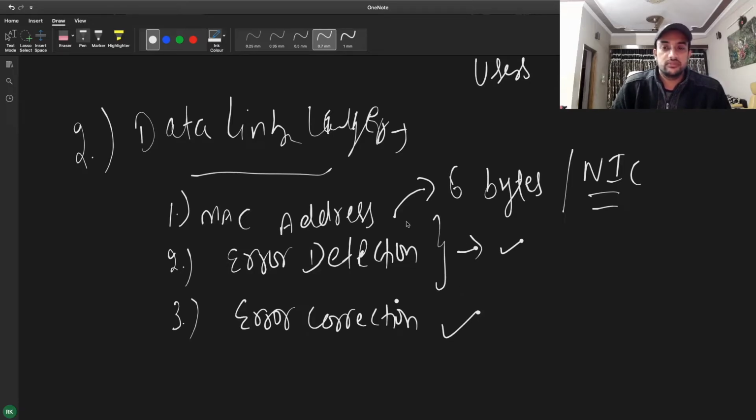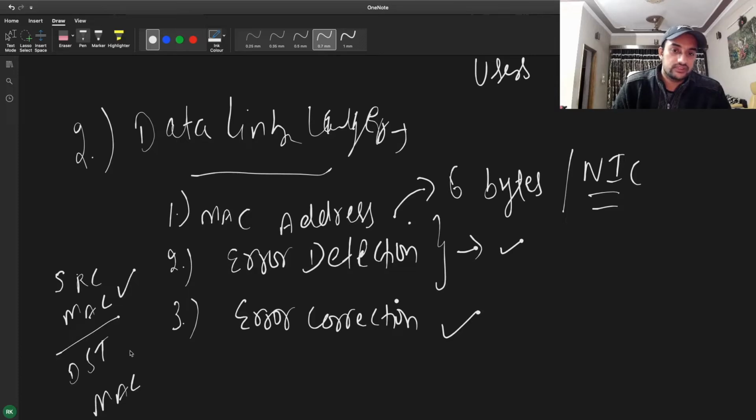And the MAC address point is basically whenever we are sending some packet, we will have a MAC header, whose most important fields are the source MAC and the destination MAC. The machine which is forming the packet will send its source MAC, and the destination MAC will be resolved by a protocol called ARP.